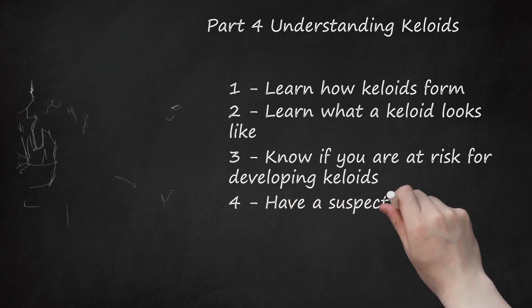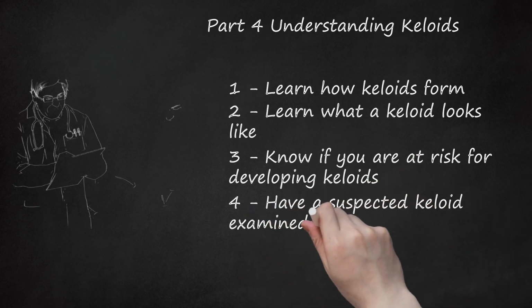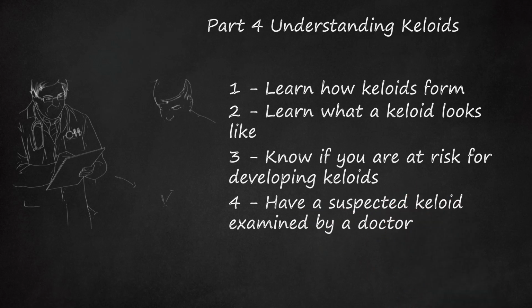4. Have a suspected keloid examined by a doctor. It is very important to have a suspected keloid examined by a doctor to make sure that it is not something more serious. In some cases, the doctor may be able to visually diagnose the keloid. In others, the doctor may wish to take a biopsy of the tissue and have it screened to rule out cancer. Most effective treatments for keloids are done under a doctor's care, and early treatment is often the key to